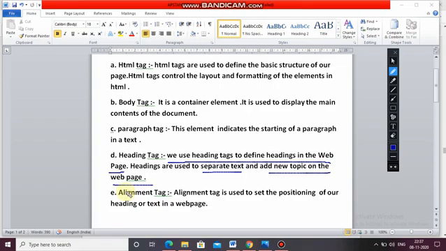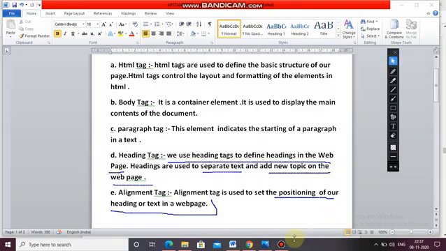Now next, alignment tag. Alignment tag is used to set the position of our text or heading in a web page. This sets the position, whether it will be left, center or right. So we do the alignment with the alignment tags.